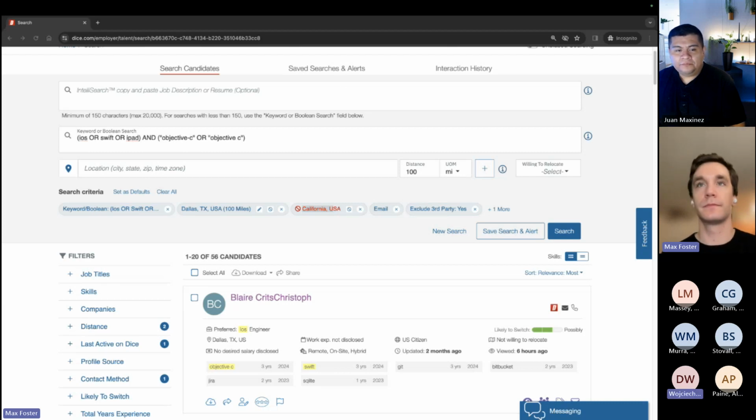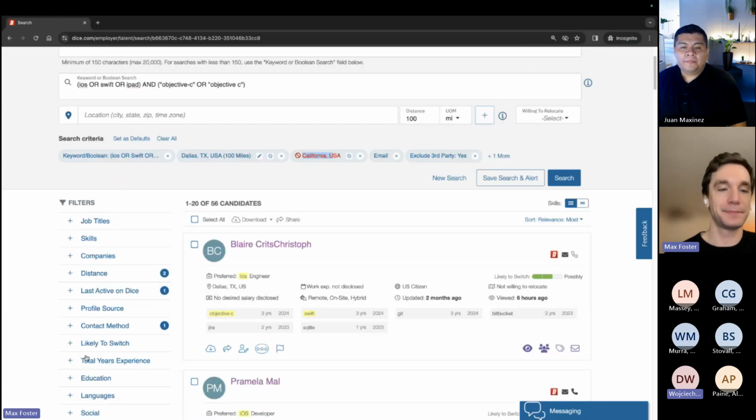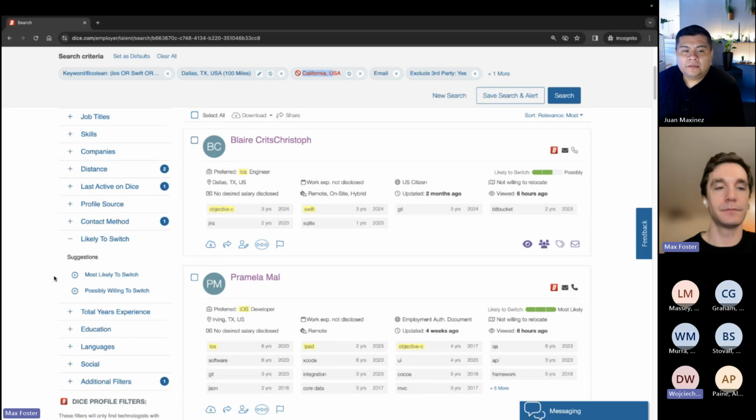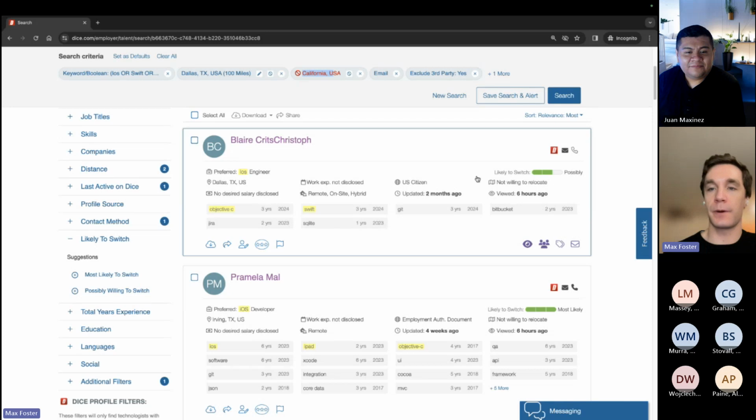Thank you. So just real quick, the likely to switch filter option, I use that a fair bit. Is that better or the same as your last active so many days ago? The likely to switch is one of the coolest filters, so I actually prefer to use that too. And it's right over here for anybody wondering. So likely to switch, willing to switch.